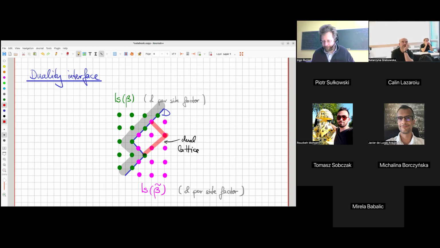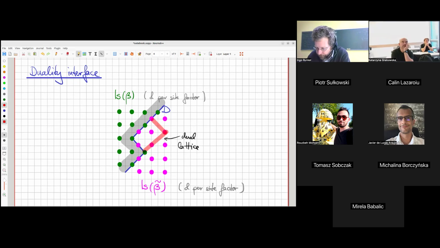That's quite pretty, I find. But you have to change the lattice to the dual lattice, so you don't stay on the same lattice. Even at the self-dual point, it's never going to be like the spin flip defect, which doesn't change the lattice. It would still change the lattice to the dual lattice.